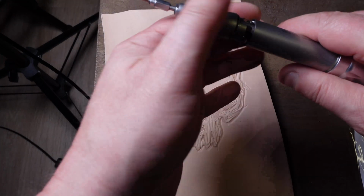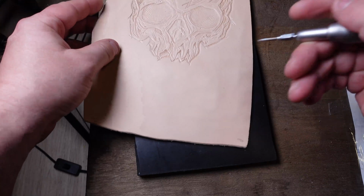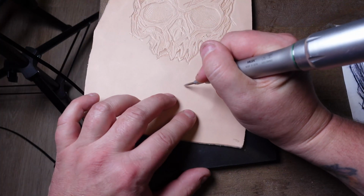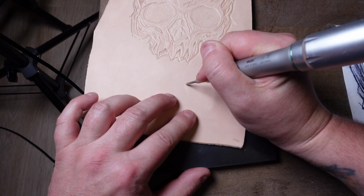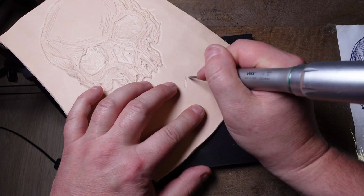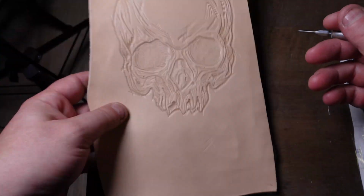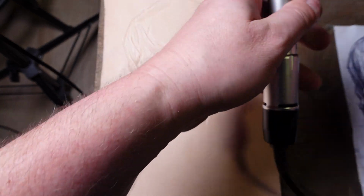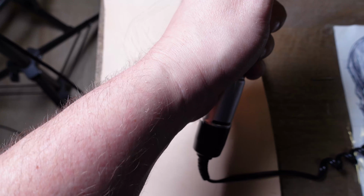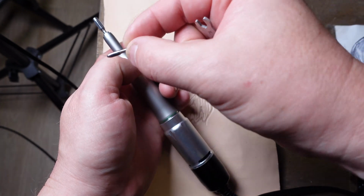This bit right here is the fine bit. I'm using this to do the really fine cross hatching. Let me show you here. See that, and the second bit that I'm using, this bit. It's a little bit wider,